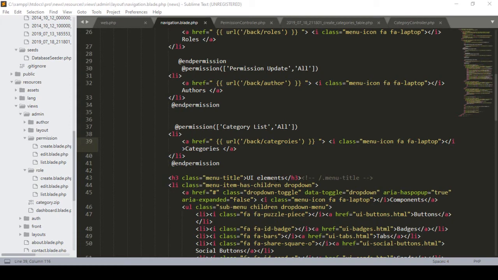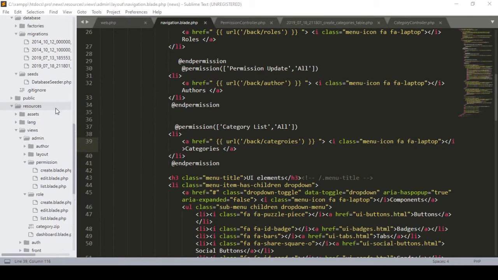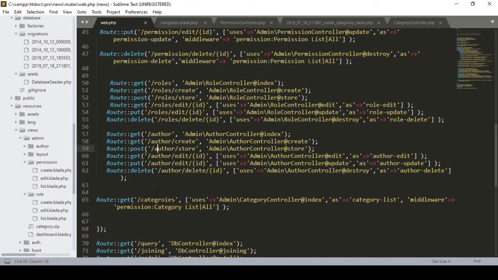Hello friend, welcome back. In a previous video, I already discussed how to migrate, how to create the model for the categories, and how to add a route for this. Here I just defined the URL as categories. In our admin, I also created a controller as a category controller, and now in our category controller